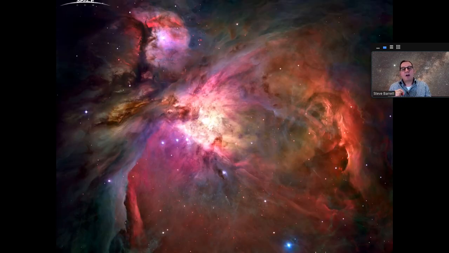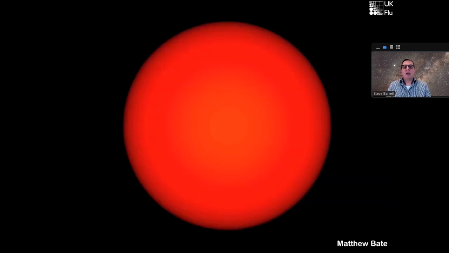Some of these star clouds you're familiar with. For instance, here's a Hubble picture of the Great Nebula in Orion. That's what we're looking at when we see those little pink blobs in the galaxy. But again, to understand what's going on in the heart of a nebula like this, we have to run a simulation. This is a different simulation. This is one performed at the University of Exeter, where we're looking not at galactic scales, but on a scale of a few light years.